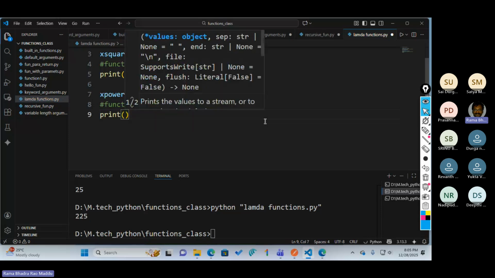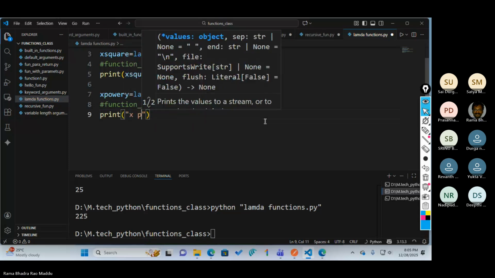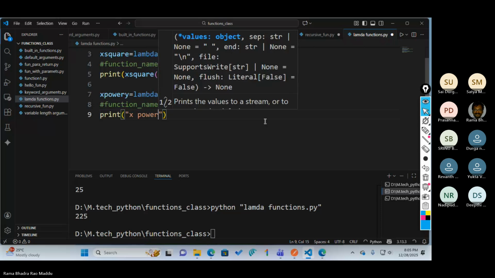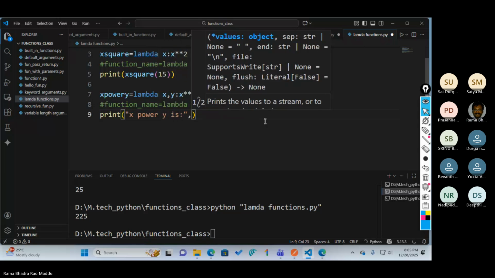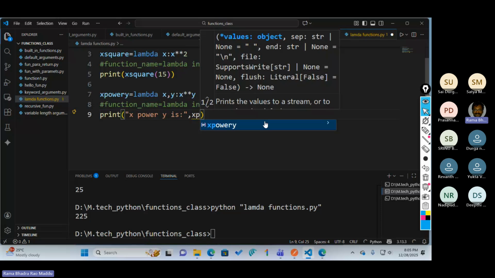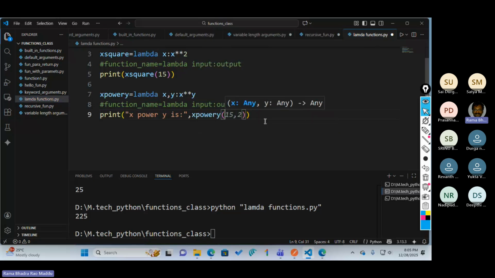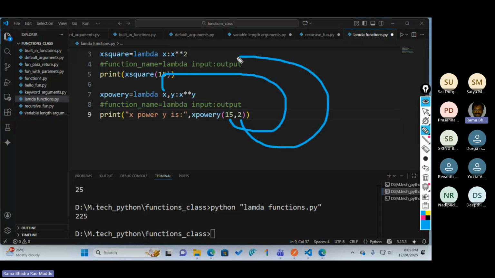So print of x power y, where I pass two arguments, 15 and 2. In this case, 15 is x and 2 is y.